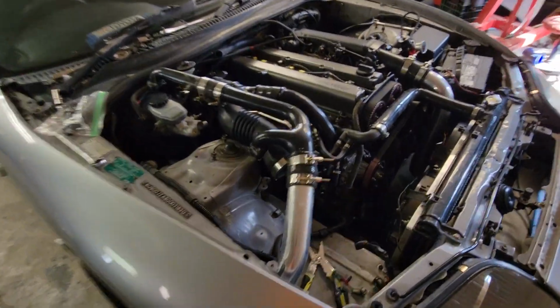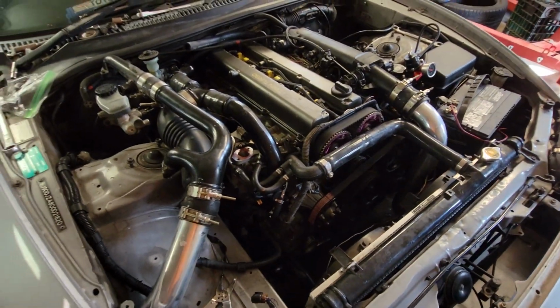So the thing we have decided to do, my buddy has a Borg-Warner S366 SXE, which I'm not a super great big fan of Borg-Warner, but the SXE versions of them are billet. They're a lot lighter, and they do not have the crazy amount of lag that a lot of the Borgs do. So the basic S366, which is what you see a lot of people running, they have an insane, ungodly